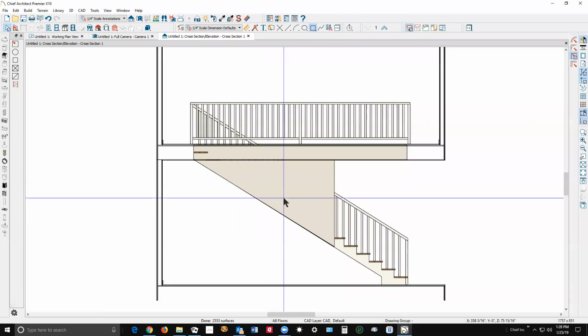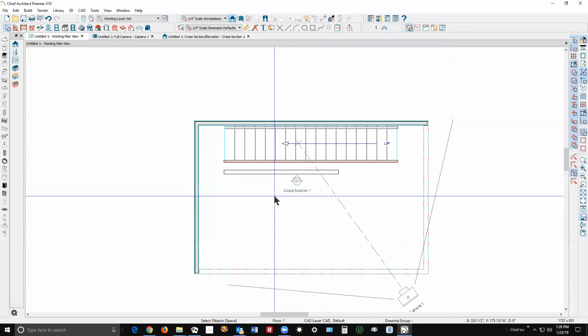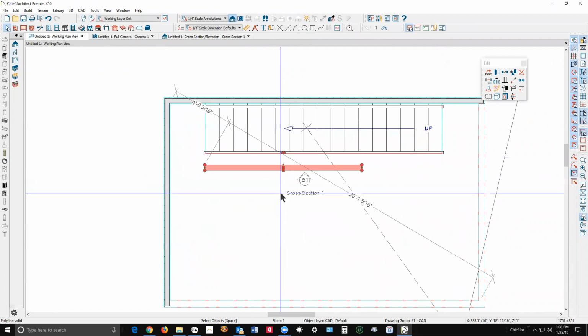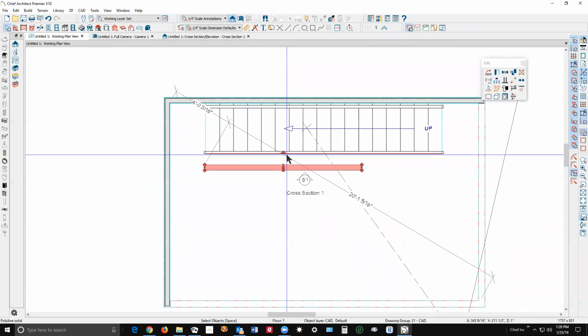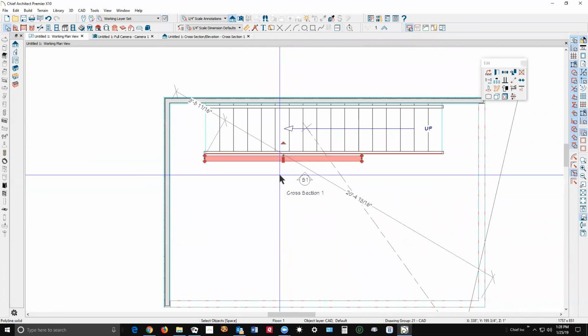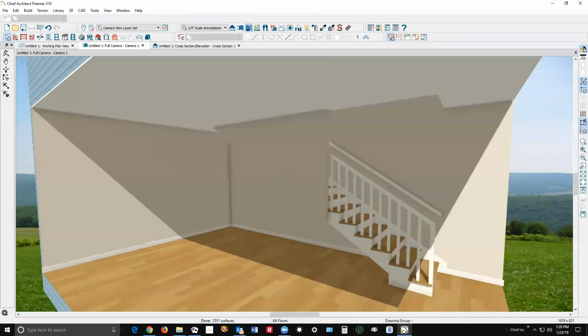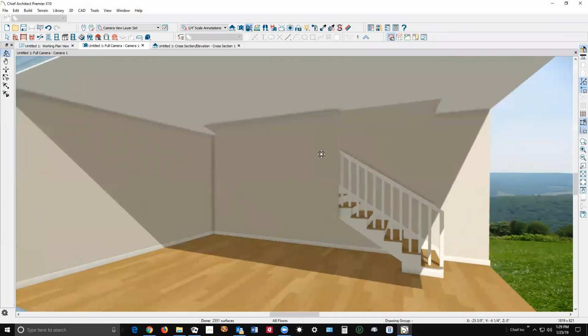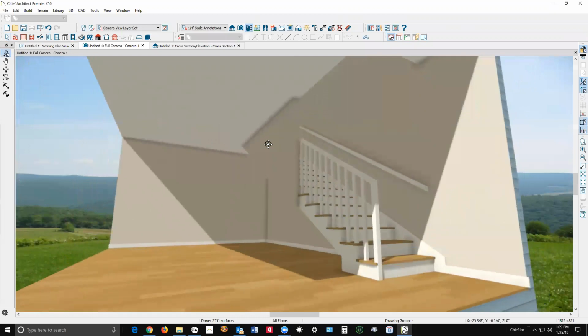The only thing that's not perfect here is it's not lined up properly with the stairs, so I'm going to move it over with the arrow keys there. We'll go back to the isometric, and there you have it. This is a way to do it. It's not necessarily the only way, but I thought, you know, if you try to do it with a wall,